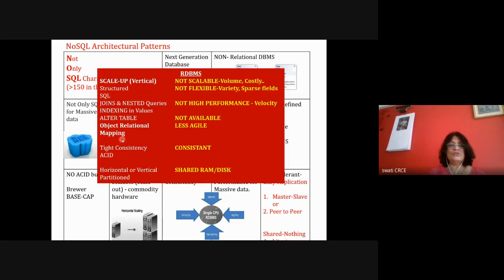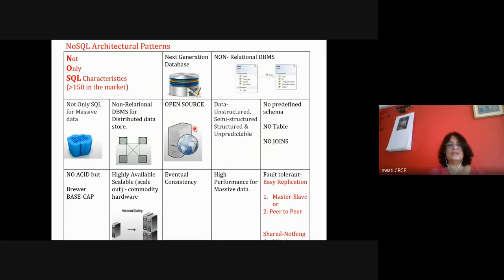Okay. So what we are saying is that it is not agile. With respect to this diagram, you can explain: volume, velocity, variety, and agility. The system is less agile in case of RDBMS, but that is not the case here, because there is no structure. It's flexible. Even if you make any changes for any particular customer, the other customers are not affected. They are not residing on the same machine. That particular part of the table is residing on some other machine, and it is independent. So everything is independent, and there is all the flexibility.